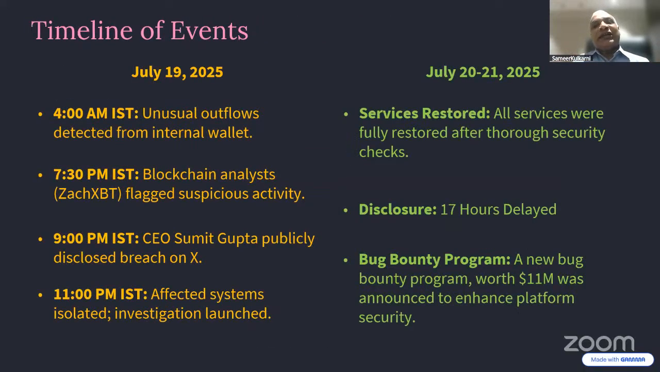So now come to exactly what happened on July 19th. Please note the timelines. At 4 a.m. IST, Indian Standard Time, some unusual outflow was detected from an internal wallet, right? Then an ethical hacker known as ZachXBT, who was also monitoring the blockchain, noticed it and flagged that suspicious activity at 7:30 p.m. Indian Standard Time, right? Then thereafter at 9 p.m. Indian Standard Time,